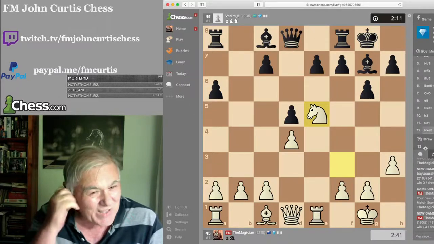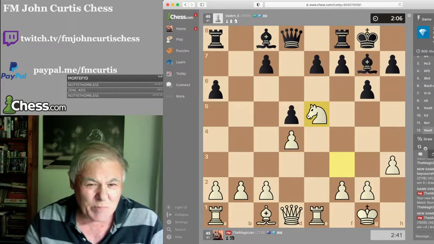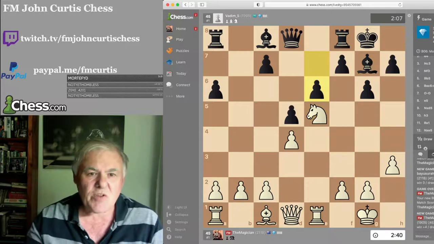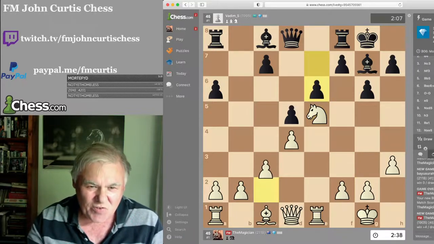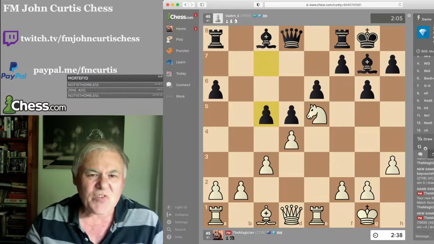So we need to play c3. We need to play bishop f4. We need to play queen d2. Right? These are the nullifying moves. c3, we start with that one. Okay. Now he wants to